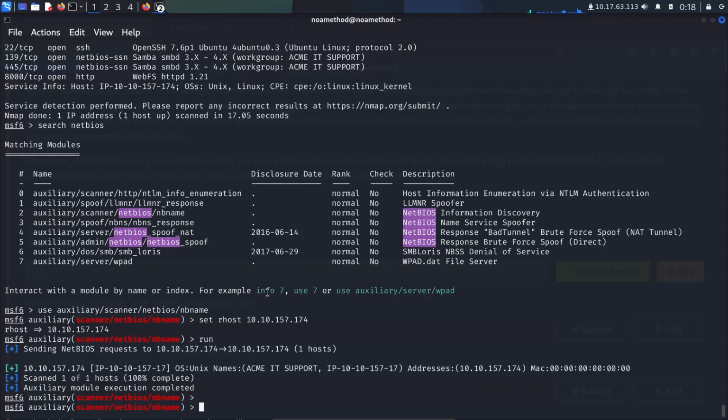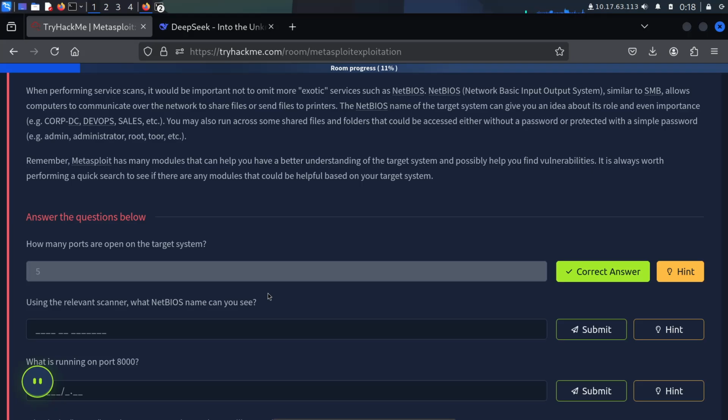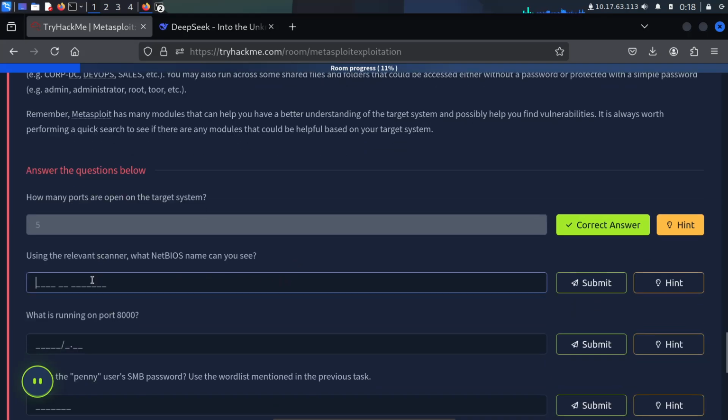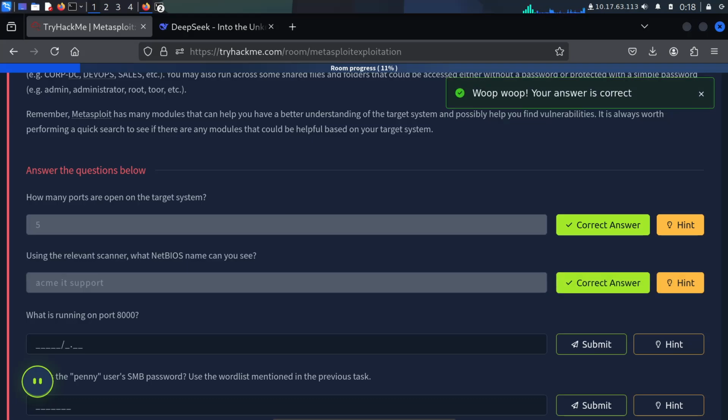This looks like Acme IT Support, with the answer. But it is running on port 8000.